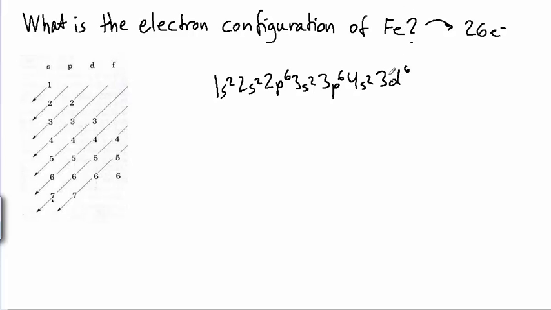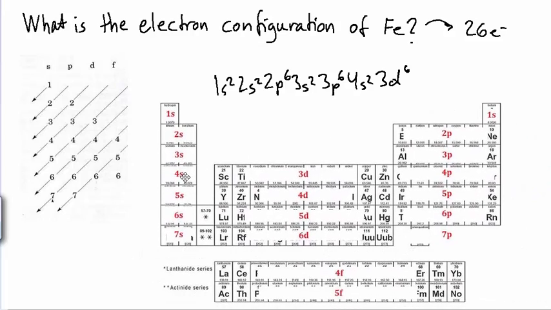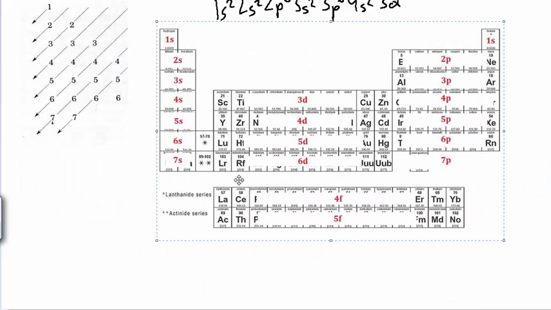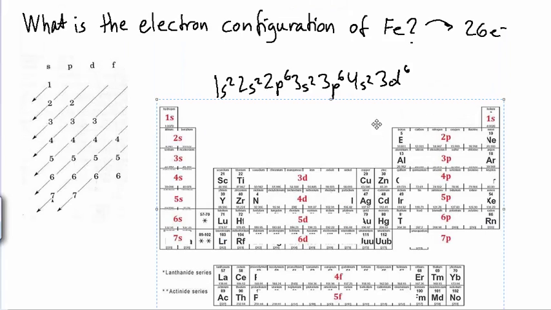Now there's another way to do this by simply using the periodic table, and I want to show you that. Here I have a periodic table that I have changed a bit, and you can see that I've added the atomic orbitals in their appropriate place in the periodic table. If we are finding the electron configuration of iron using this method, I simply need to find iron in the periodic table, which is located right here.